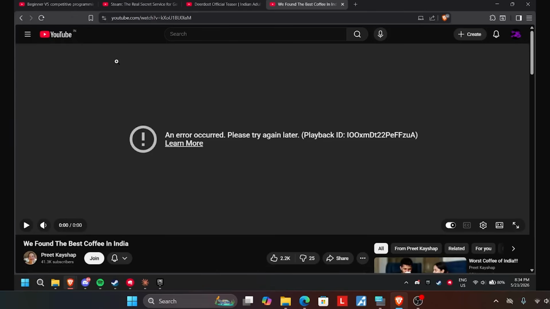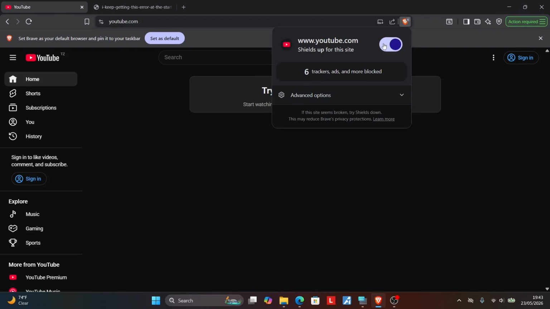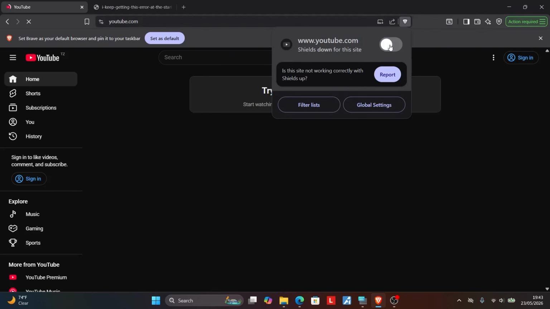Try to turn off Shields. Now how do you turn off Shields? Just go to your Brave browser if you're using Brave, and then go to youtube.com. Now click this Brave icon here that you see, and then make sure to turn off Shields. So make sure to just toggle it off. Once you toggle it off, the page will try to refresh. After it refreshes, try to watch the YouTube video and check if the issue